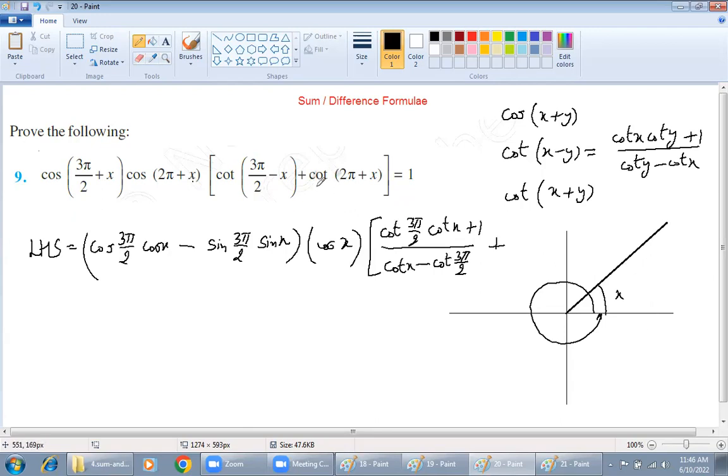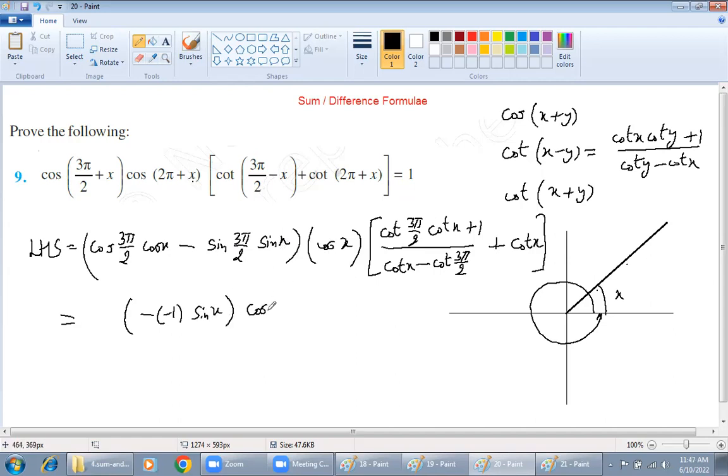So whether you determine cot or cos of angle x or 360 degree plus x, that is the same thing. So cot 2 pi plus x is same as cot of x. Now what does 3 pi by 2 stand for? 270 degree. If you remember, the value of cos 270 degree is 0. So 0 into cos is 0 and this is minus. Sin 270 degree is minus 1 and into sin x